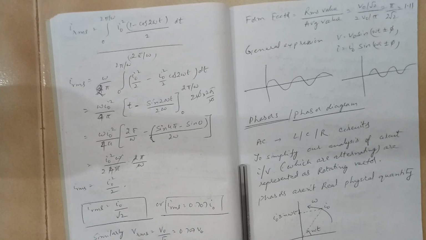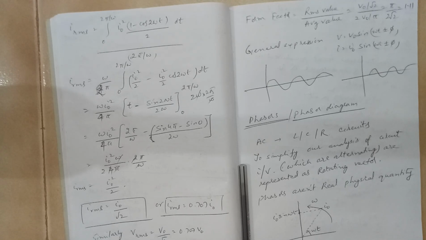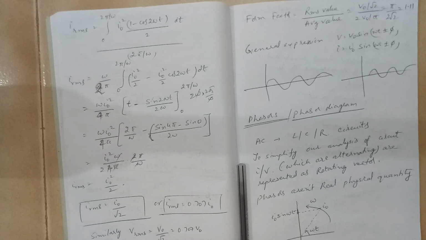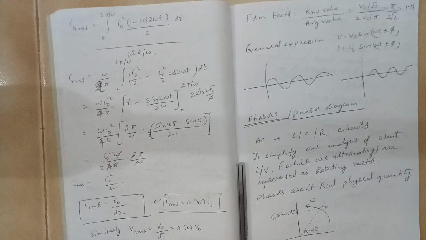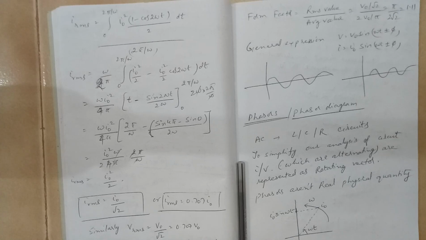Even the voltage RMS value will be equal to 0.707 V0. Now, usually in our households, this alternating voltage value is 220 volts. So that value is an RMS value. So how do you get the V0 value? You need to multiply this value with root 2. So the actual voltage was 311 and the RMS value obtained is 220 volts.